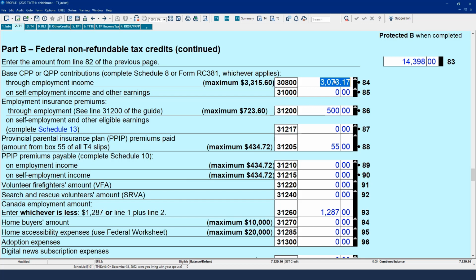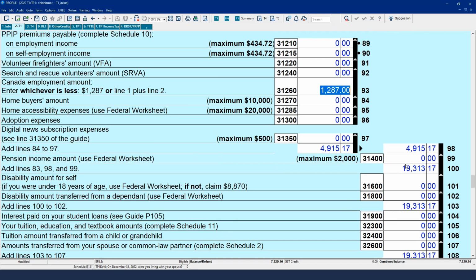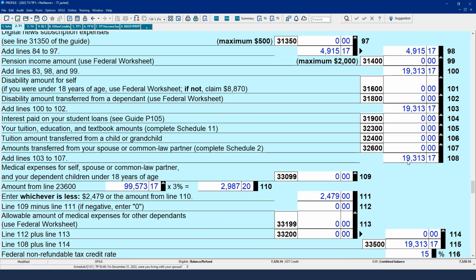So as you can see, the CPP is a non-refundable tax credit. The CPP that I paid throughout my paycheck during the year is a non-refundable tax credit. So I've got my basic personal amount, I've got my CPP paid, I've got my EI paid. So basically, some of the deductions on my paycheck are non-refundable tax credits. I've got a basic Canada employment amount because I had employment,